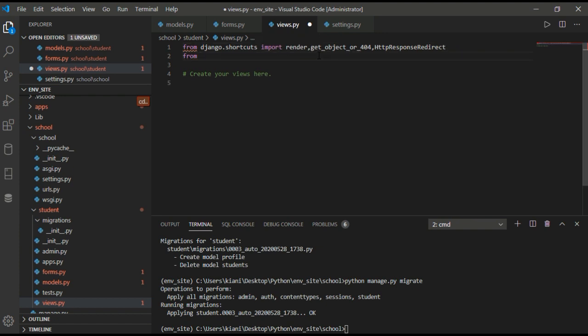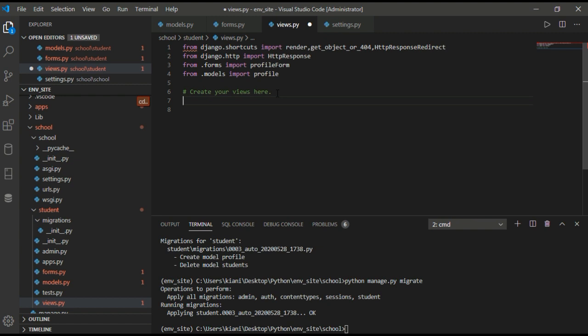Then from django.http import HttpResponse, then from .forms import ProfileForm, and from models.models import Profile. Okay, so this is how we can use this.